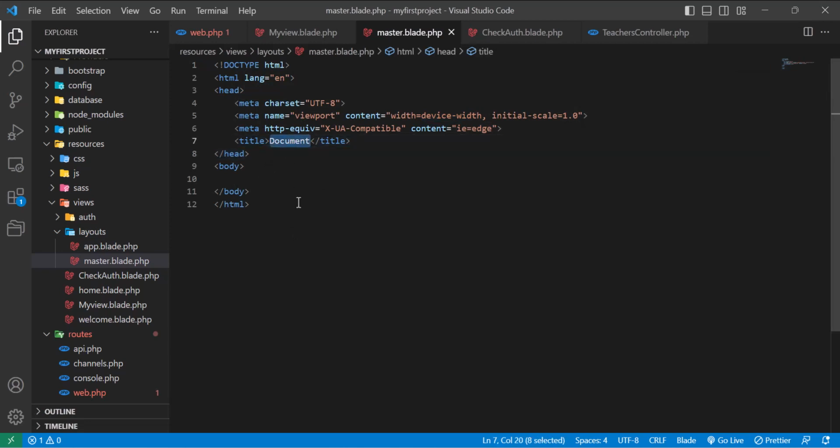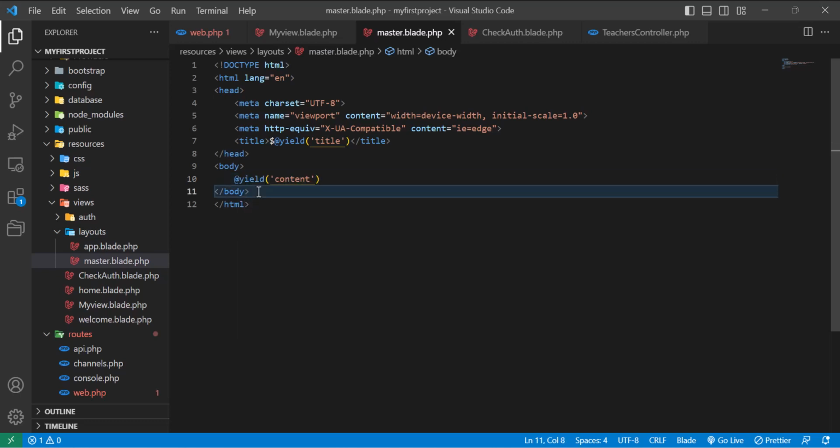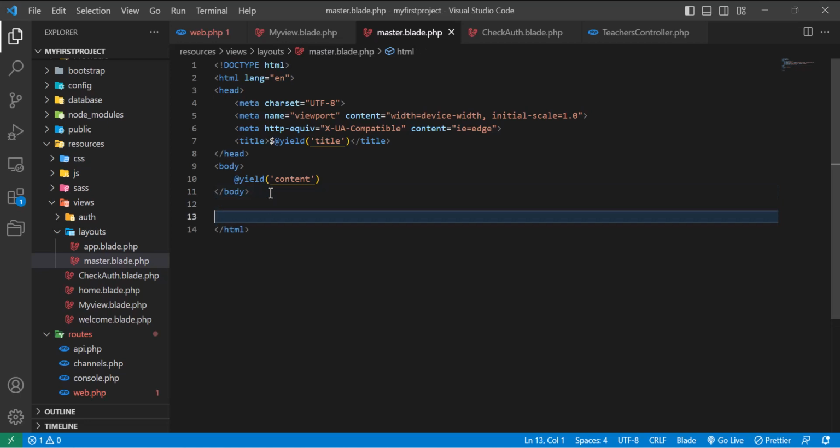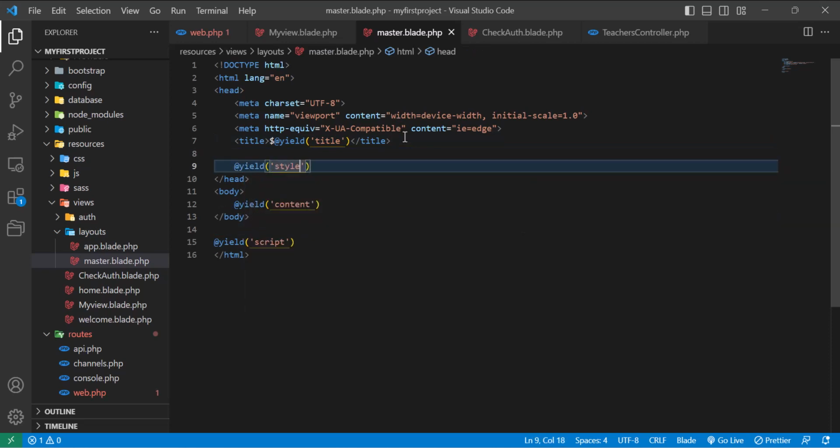Now I want the title to always show here. In here I will say yield and I will say title. Now inside the body I want to always display the content of the page, so I will type here yield content. Now after the body I always want to type the scripts, so I will type here yield script. And in the top I always want to display my style, so I will type here @yield style